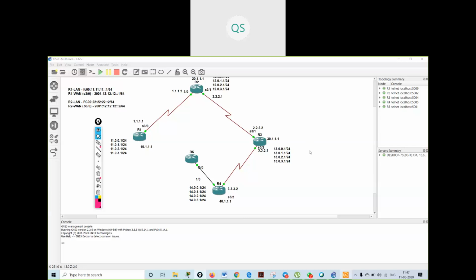So usually in a production network, we do not use it for WAN connectivity. We use it for LAN connections. If we are running EIGRP or OSPF, we use it for LAN users, so that my routing overhead gets decreased.